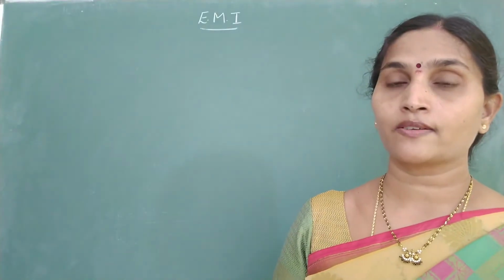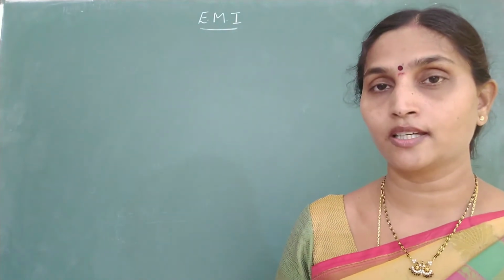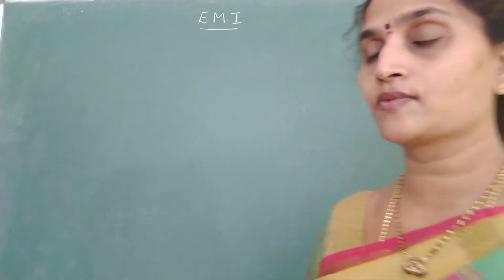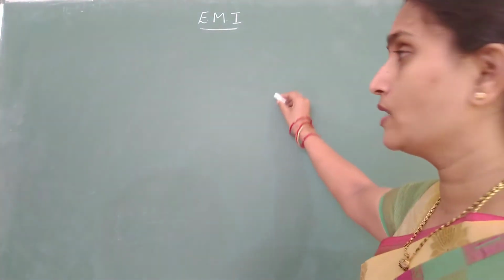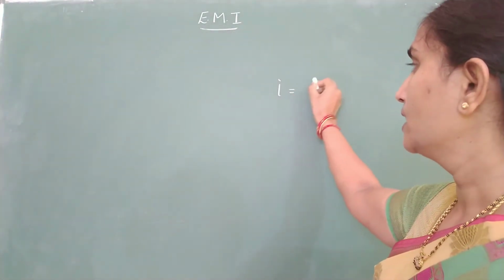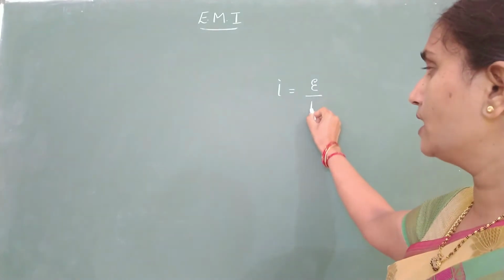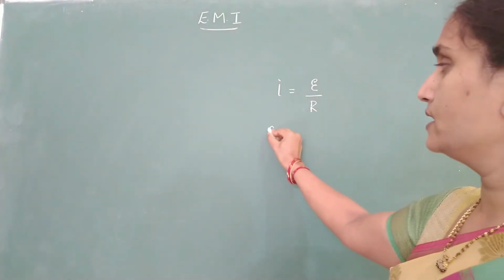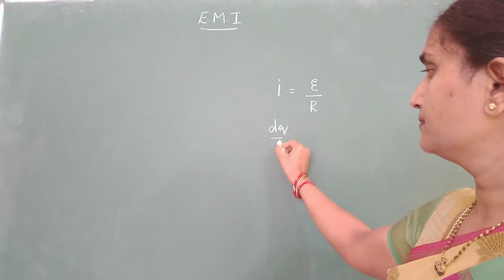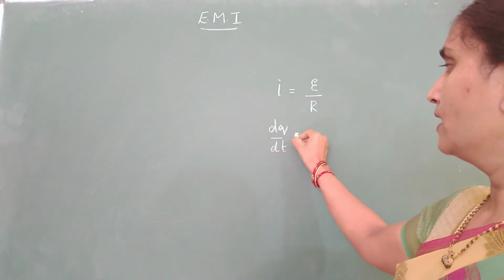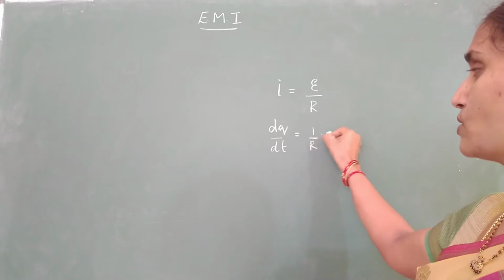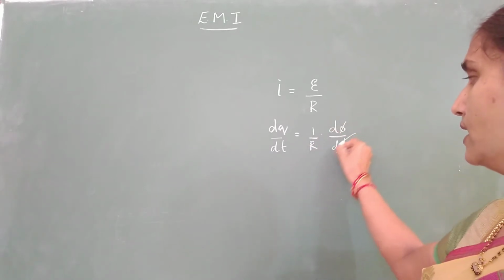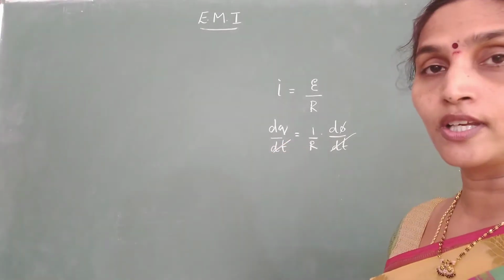So in all the previous questions I told you how to get the induced EMF, but sometimes they give you resistance of the coil. If you know the resistance of the coil, you can find the current. How to get the current in the loop? Current in this coil will be EMF induced divided by resistance. Now if I write this current as dq by dt, 1 by R into induced EMF as d phi divided by dt. And dt and dt are getting cancelled on either side.